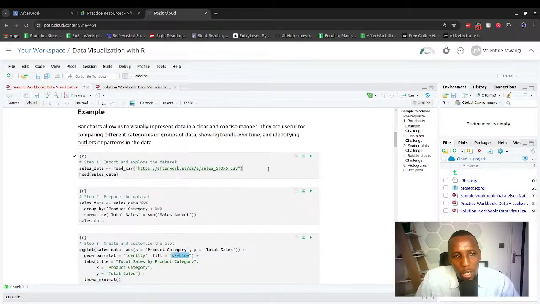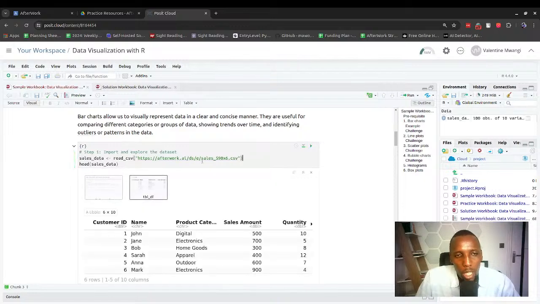So first of all, in this chunk, we are going to run the code that's in here. What I've highlighted is the code. This is a comment. Let's run this code chunk by clicking on this icon, run current chunk, and it should preview. We are importing our data and storing it in sales data using this left assignment operator, and